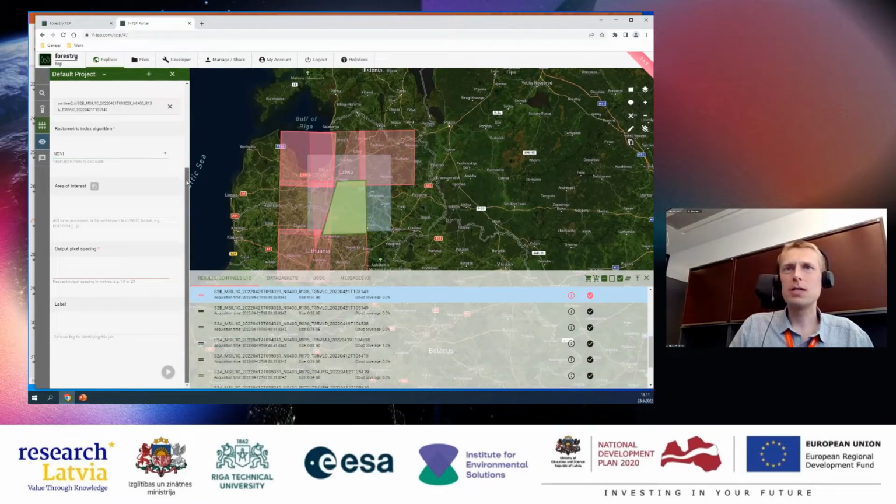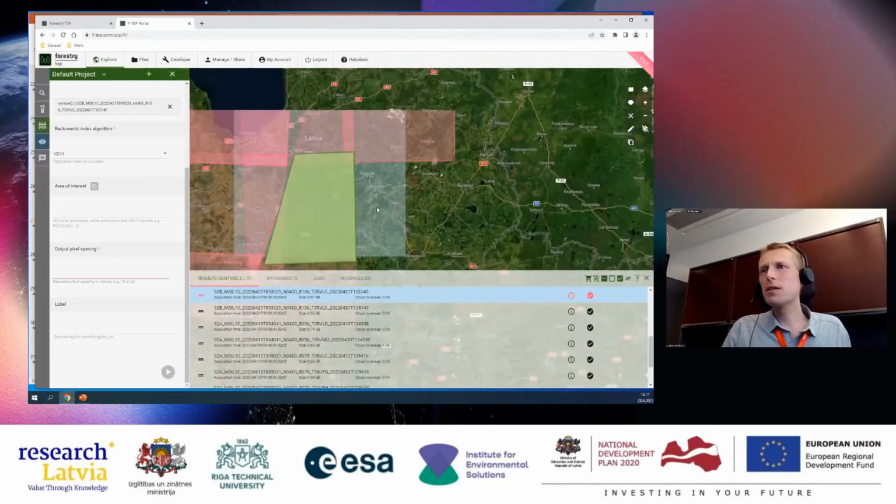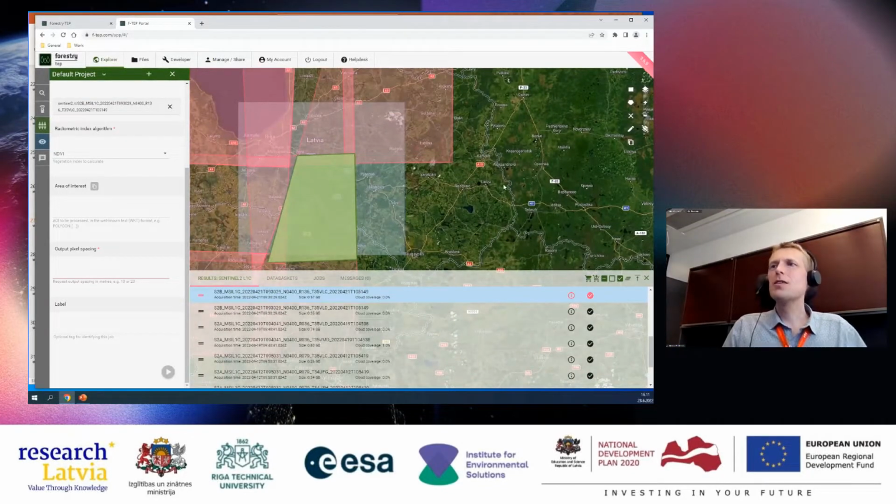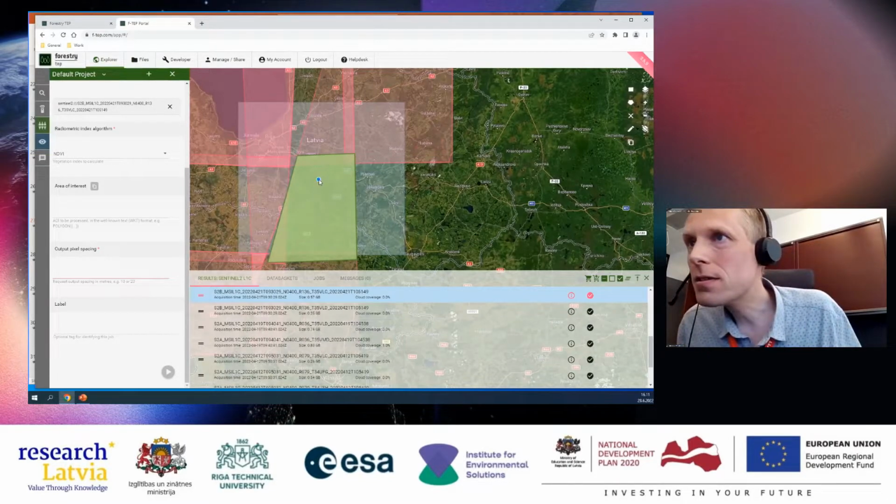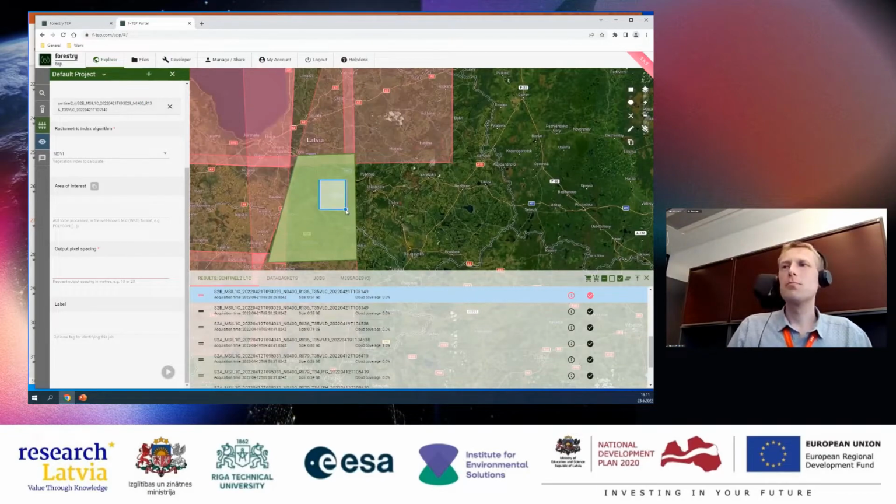And then you could choose different kinds of vegetation indices. We can choose NDVI. Well, you can choose what you want. I will choose NDVI. And then there is this area of interest parameter. I recommend using it because it makes the process faster. So you can use again the polygon tool. You choose the polygon, and then let's see where the forest area was here. Then you can draw a small polygon somewhere within the scene.